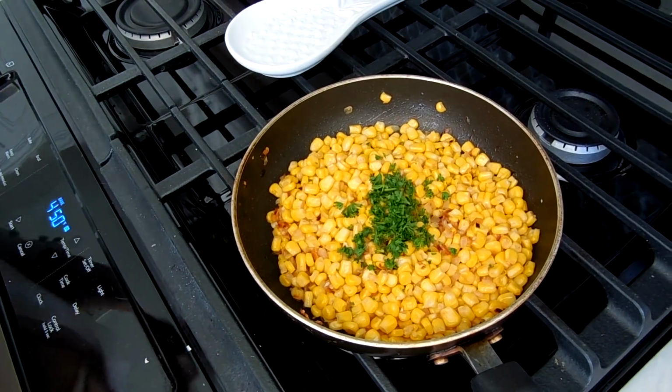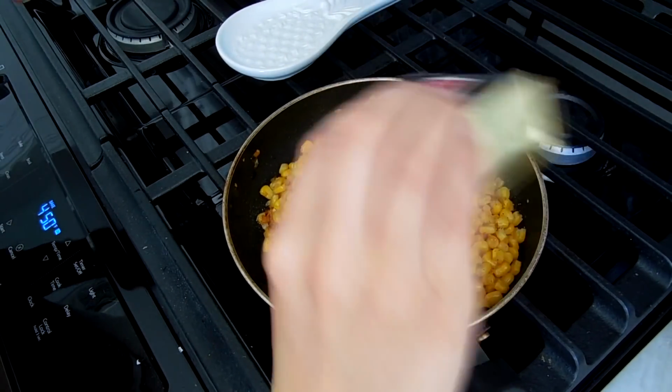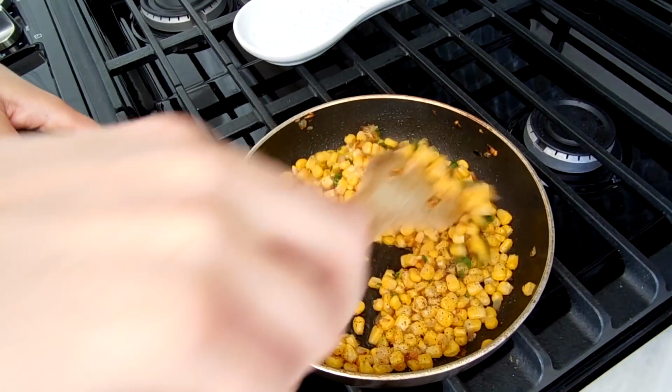I'm going to add a little bit of pepper. I'm just eyeballing this, guys. I don't have like an exact amount. I'm going to mix this in. So I set the corn mixture to the side, and I'm going to go ahead and start with the goat